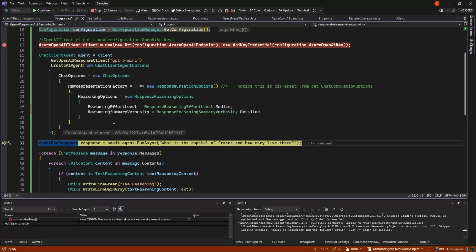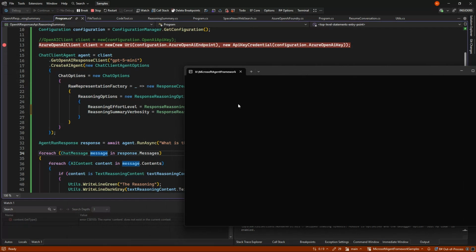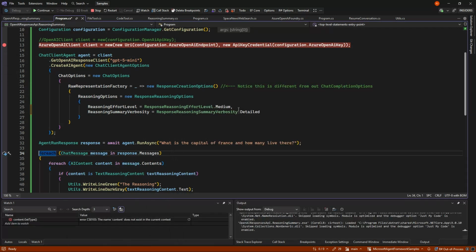If I create that client and let it run, and I ask what is the capital of France and how many live there, this is not a hard question, so it will not reason too much, but it will reason a little. Right now it's thinking about it. And we get a response back.